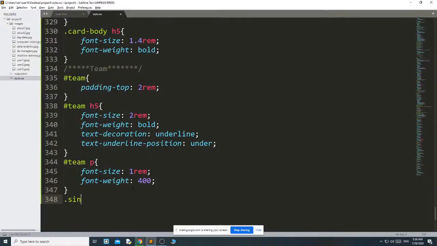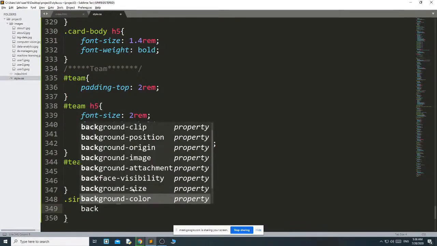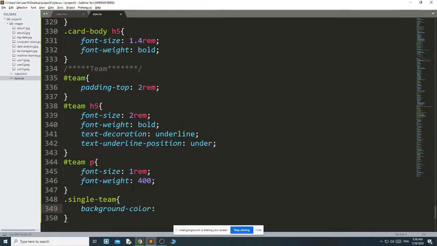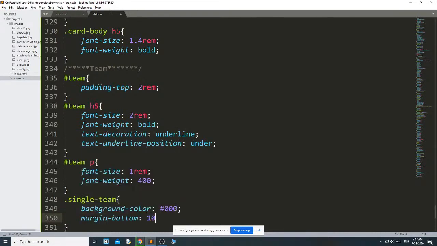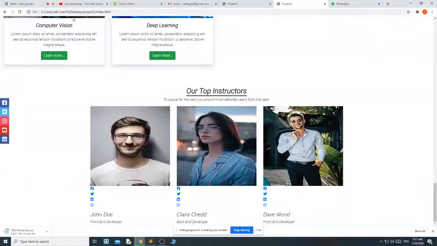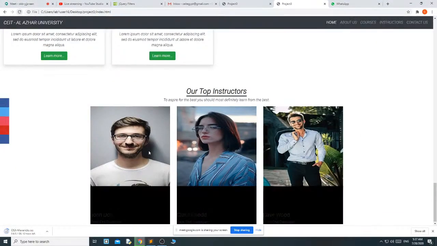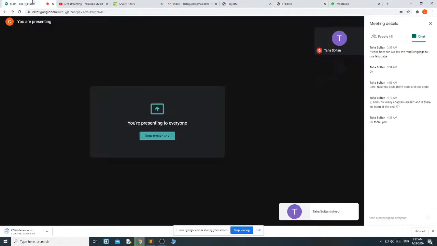Dot single-theme. What I want is a background color, that is black. Then margin bottom 10 pixels. You can see that now it comes like this.